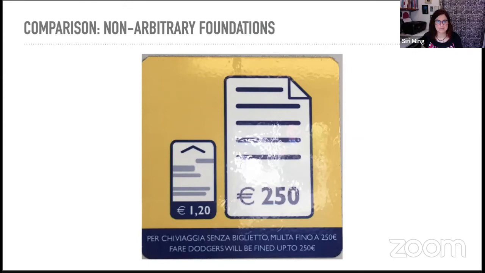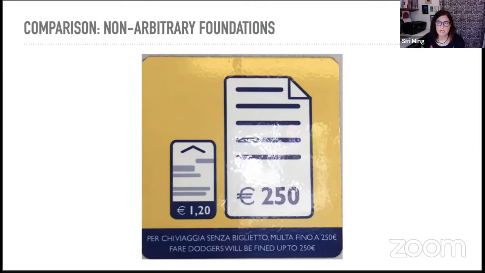This is a sign for fines on the Italian metro, noting that, in case you weren't aware of it, 250 euros is more than the €1.20 that it costs you to buy a ticket. But again, with all of these, we can do that same process of establishing contextual control over non-arbitrary relations and then arbitrary relations. And these are a lot of the protocols that we're working on right now for the second